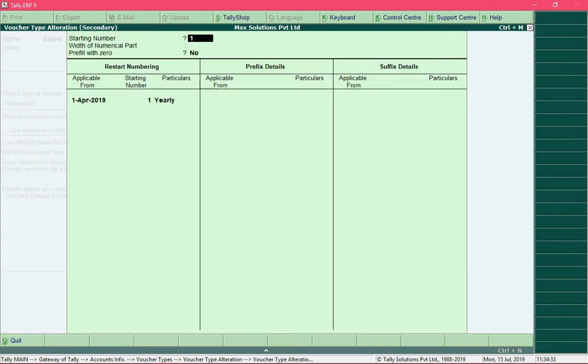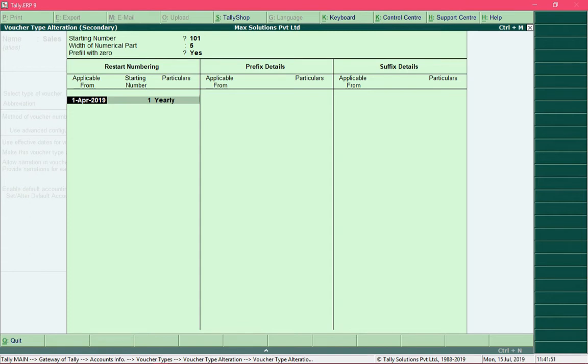So over here we can specify the format of our invoice. So I want my invoice to begin with the number 101 and press enter. And in the field width of numerical part, you can specify the size of your number. So for example, if I specify the width as 5 and if I set the option pre-fill with 0 to yes, then the invoice number would begin with the number 101, which is a 3-digit number.